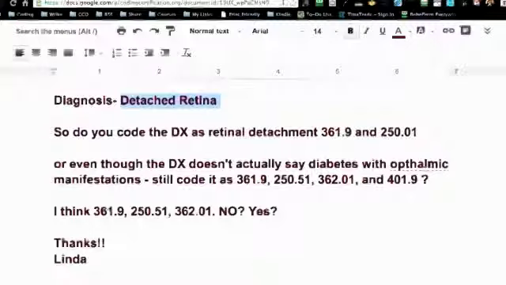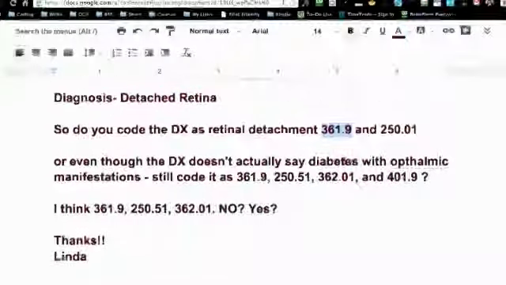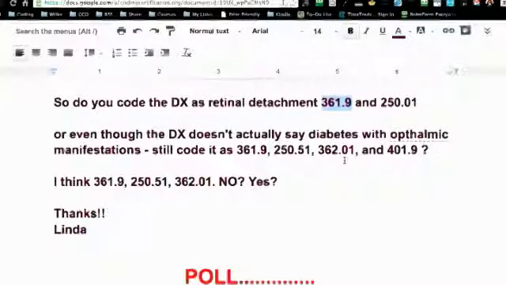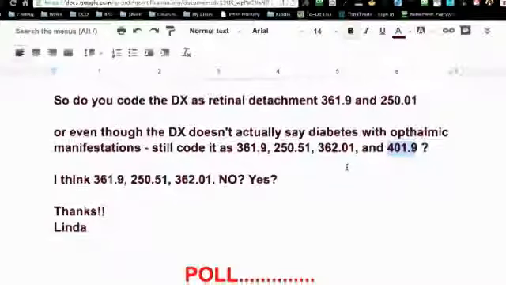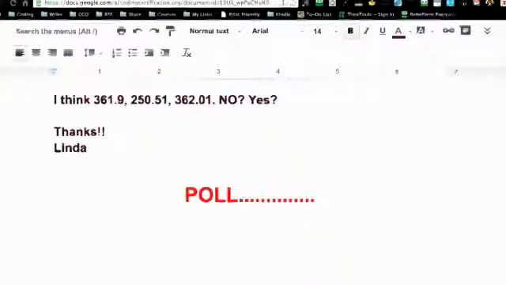The code for the detached retina is 361.9, and the 250.51 is actually for diabetes with manifestation of ophthalmology, and 362.01 is diabetic retinopathy, and the 401.9 is for the hypertension. So if we go to the poll real quick, her question is, what is she going to do